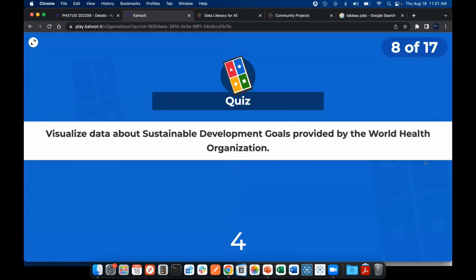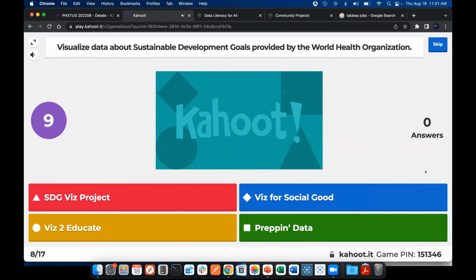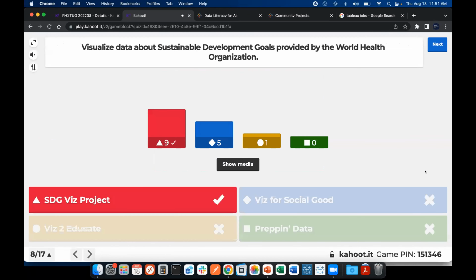All right, the next community project, which one allows you to visualize data about sustainable development goals provided by the World Health Organization? Yes, the SDG project.